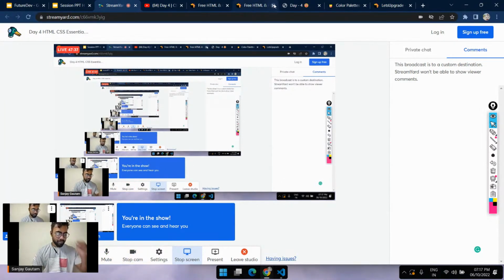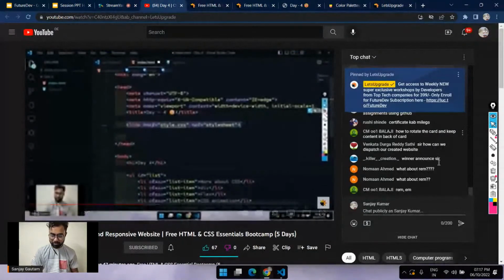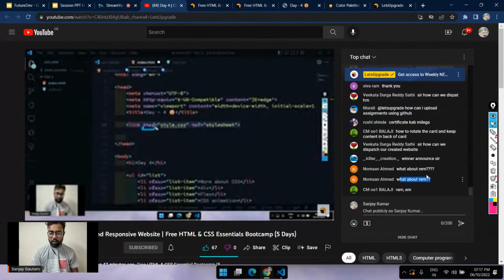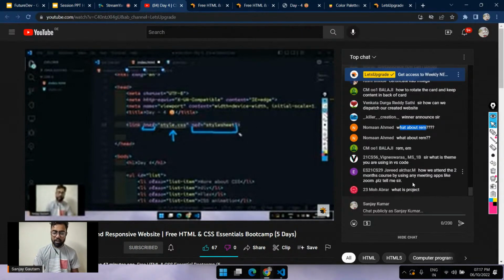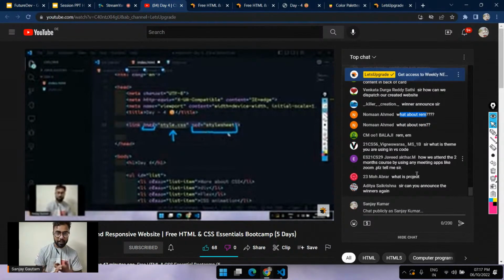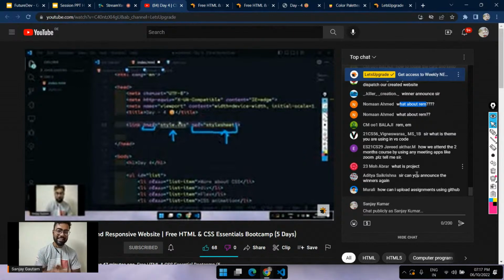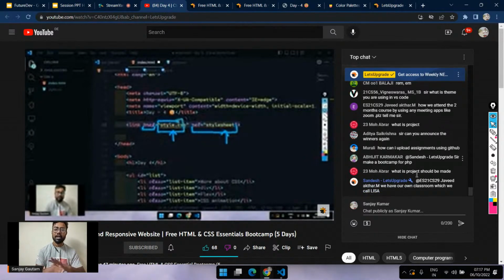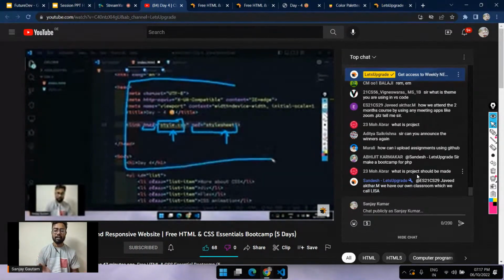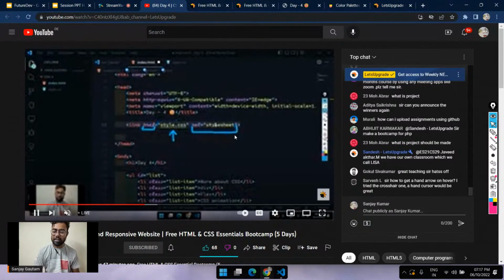Okay, so here we are. RAM. What about the RAM? Yeah, Ahmed, basically it is also one of the units in CSS. We have so many units. And if you want to learn about everything inside CSS and HTML, you have to take the full stack course, because it's impossible to cover everything in the 5 days of this course, isn't it? So that's why basically